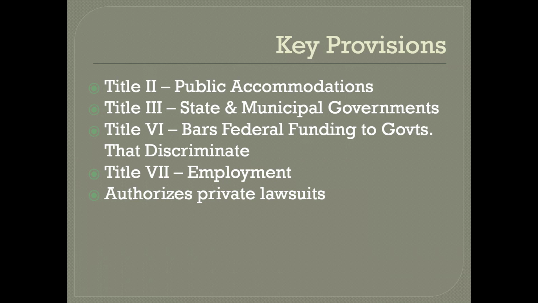In addition, the Civil Rights Act authorizes private lawsuits. Before 1964, individuals could not bring suit in federal court if they had been discriminated against. But since 1964, individuals now are authorized to bring lawsuits in federal court to enforce these provisions of the Civil Rights Act. The law also allows the Equal Employment Opportunity Commission, the federal government itself, to bring lawsuits. So institutions that violate the Civil Rights Act can be sued by either the victim or by the federal government in the guise of the EEOC.